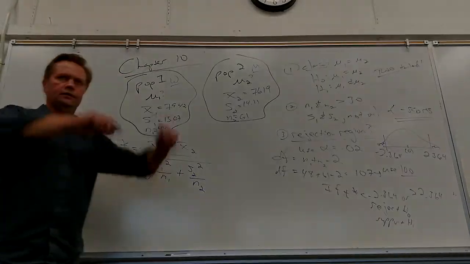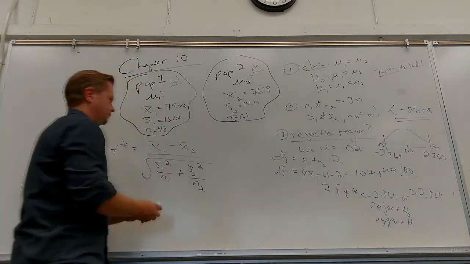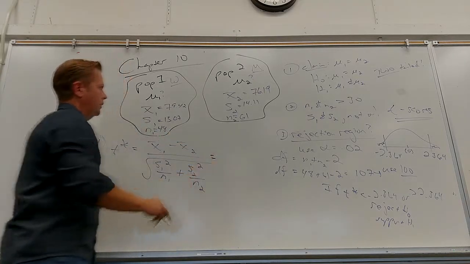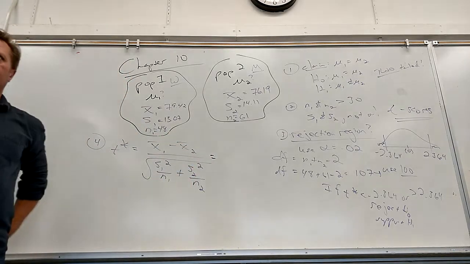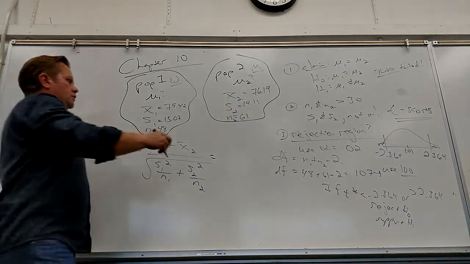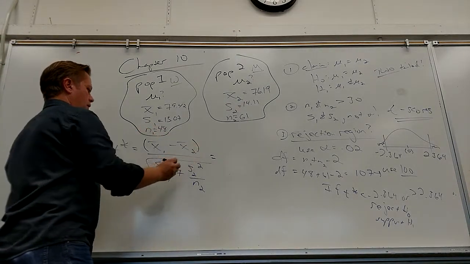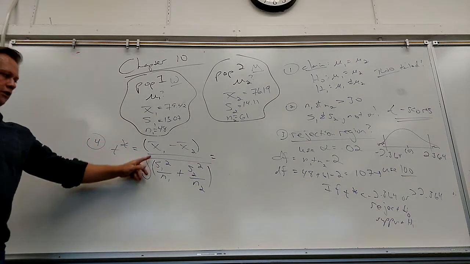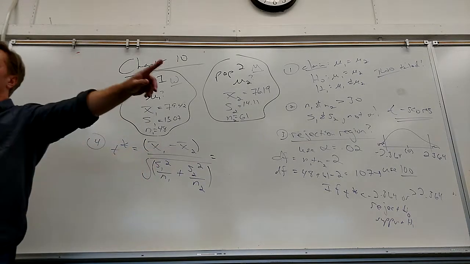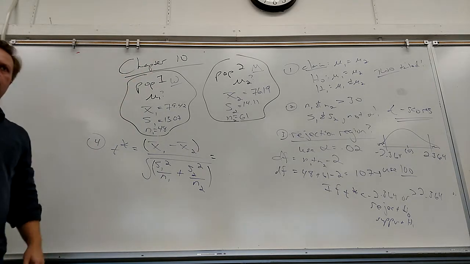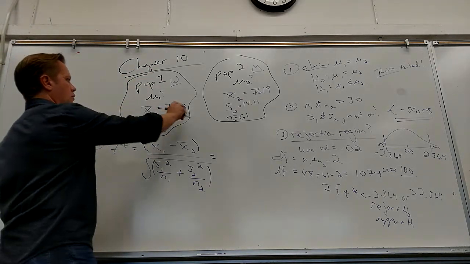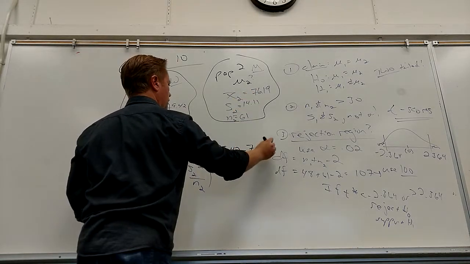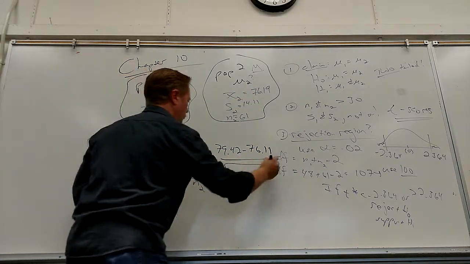Gotta remember today to show you this. All right. So considering I made all this up, you think I know how this is going to come out? I have no idea. So this one's really got to be careful about putting this in the calculator. Again, if you have the newer one, you don't have to worry about parentheses because your root symbol just grows. It's kind of nice. So x bar 1, 79.42, minus x bar 2, 76.19, divided by square root